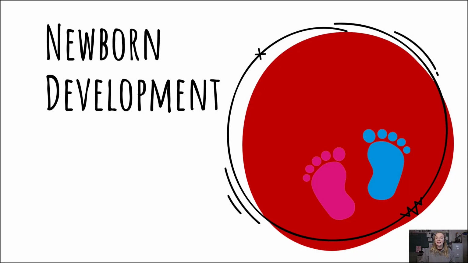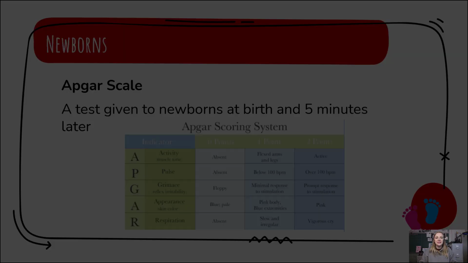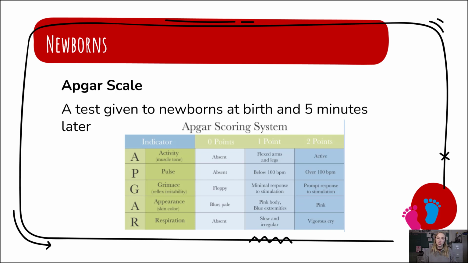So newborn development: we start the very first gauge of development right after birth. This is measured using the APGAR scale. This is a test given to newborns right away at birth and then 5 minutes later. The APGAR scale tells us a little bit about the physical nature of the infant.